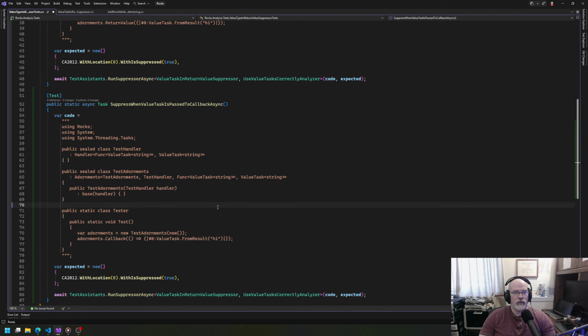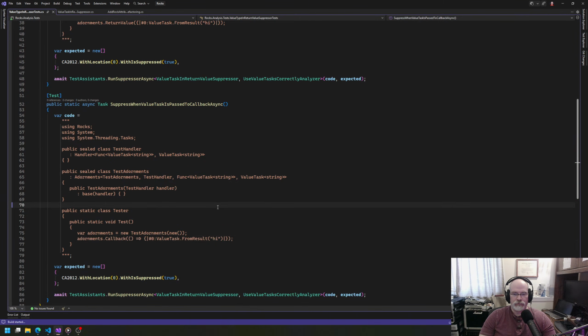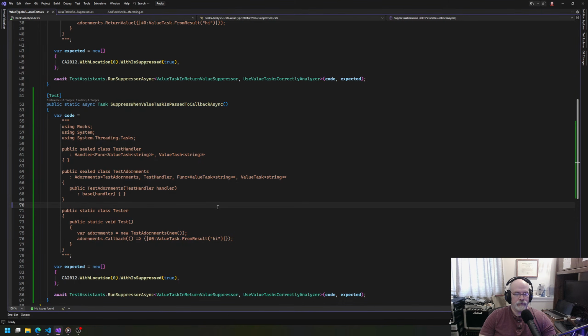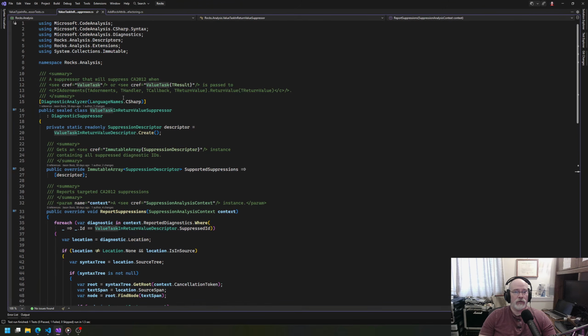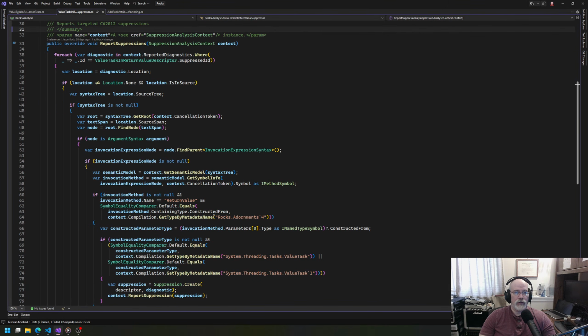And I don't think this is going to work. Yeah, it doesn't work. So we also want to take care of this, which is if in the scope of what you're looking for, invocation expression node,